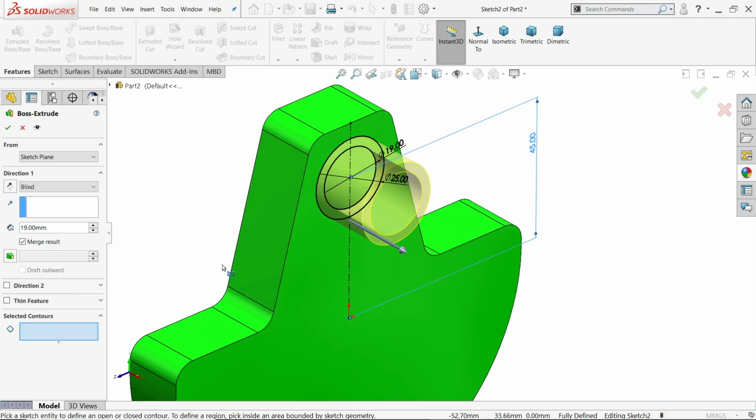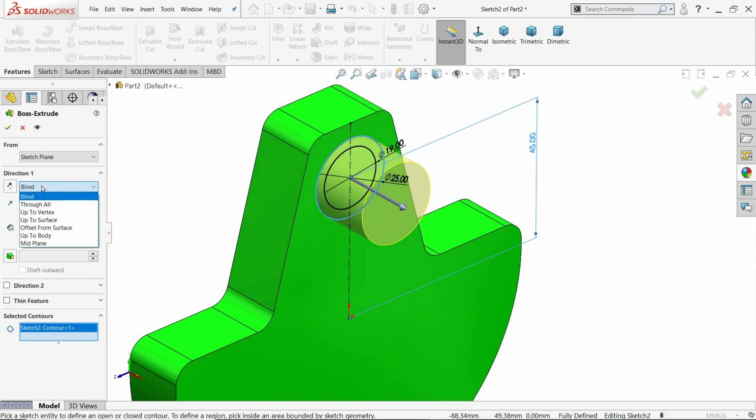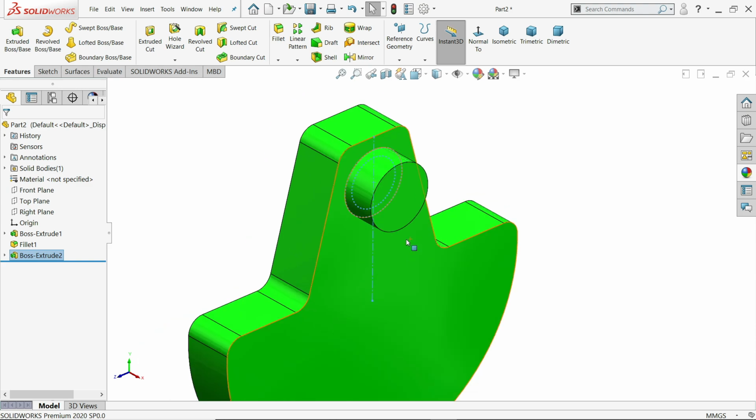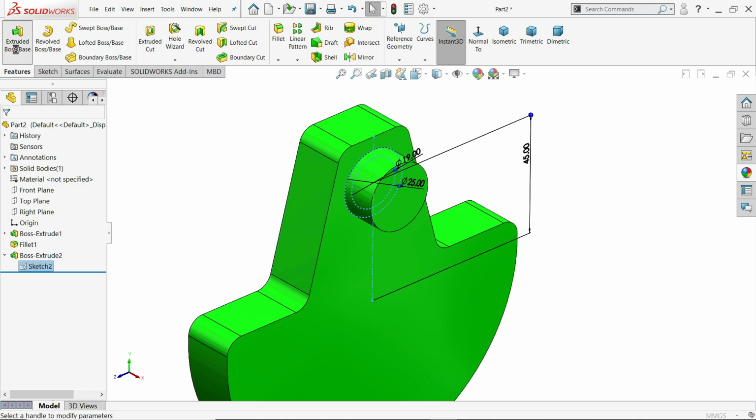Now here go to selected contour and choose outer edge only. See, I'll keep end condition blind and the dimension 12.7 millimeter. Say yes. Look. Now again I'll choose the same sketch, extrude.